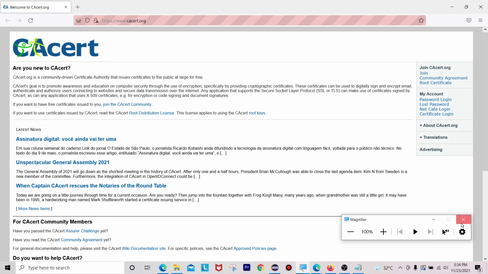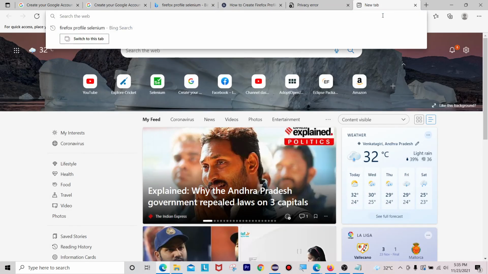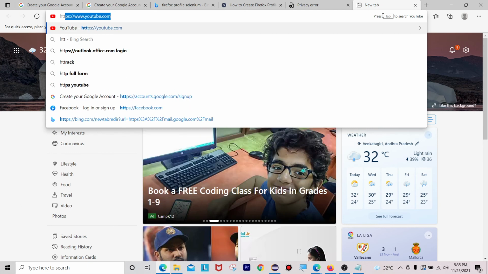Keep on running, keep on launching. Okay, no problem. Okay, it entered. See, now you are not getting that untrusted certificate issue here. If I opened it from here, I got this issue. If I handle it with the help of set accept untrusted certificate, I am not getting that certificate issue now.